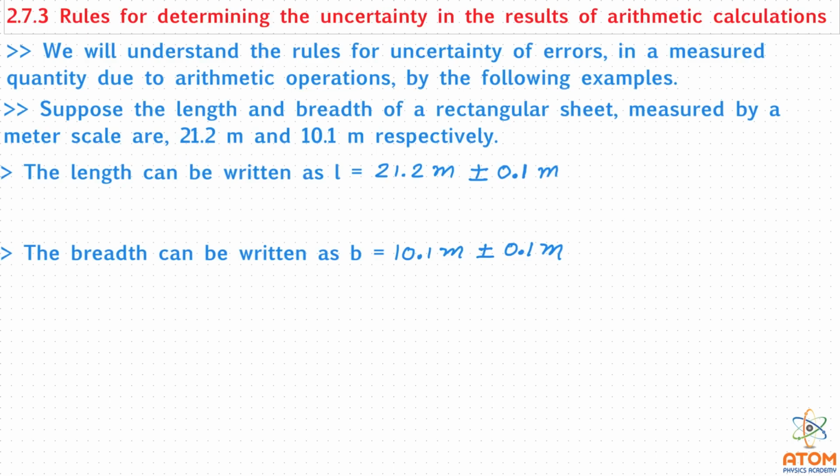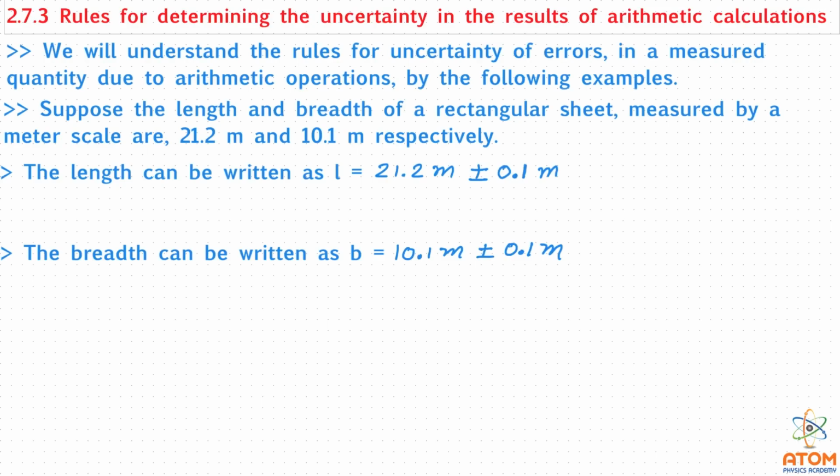See, if the length was given something like 21.25 meter, then I can say it is measured up to the second decimal place. And so we can say the precision of the instrument is 0.01. And if precision is 0.01, then the maximum possible error is also 0.01. And so in that case I would have written here 0.01 meter. But right now it is measured up to just the first decimal place, and that's why the maximum absolute error is 0.1 meter.